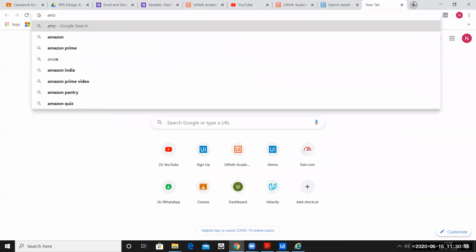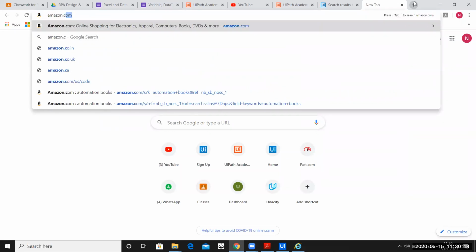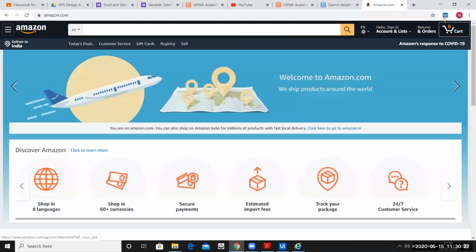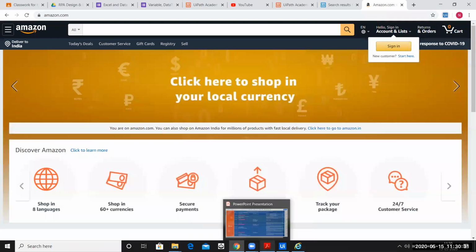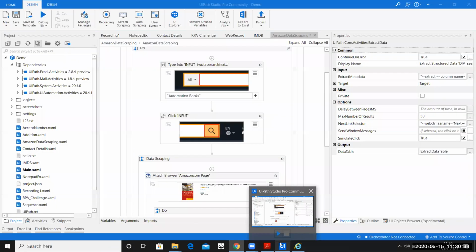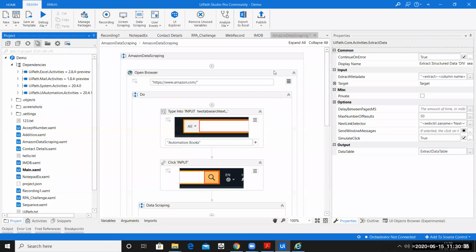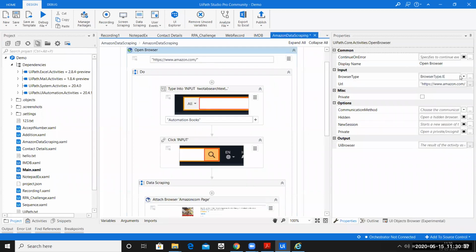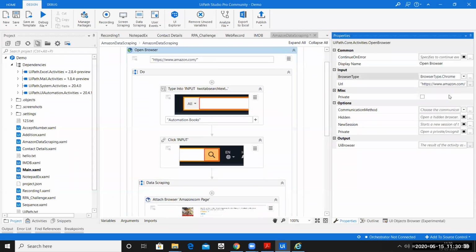Let me try to do it in the Chrome browser and see if it works in Chrome as well. So we'll do the same automation again, and the only thing is we'll now do it on the Chrome browser. Let me go ahead and do that. Let me just change the type to Chrome.